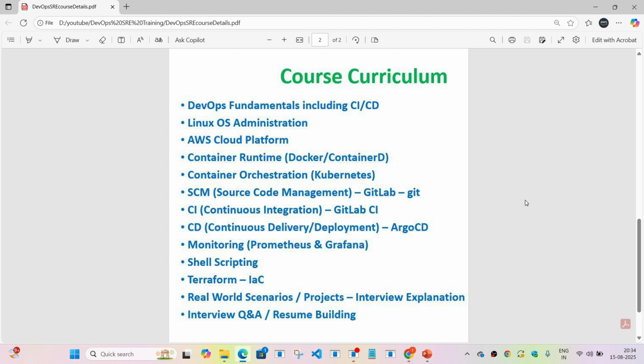So this course is going to help anyone who wants to switch their job into any of these domains, any of these roles. This course will be more focused on the interview preparation. Whatever I have learned to crack an interview for a DevOps or SRE role, same I'm going to follow here.